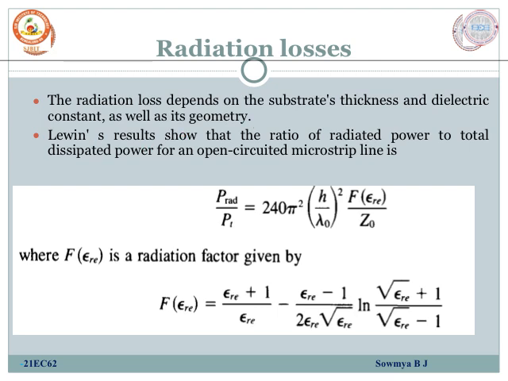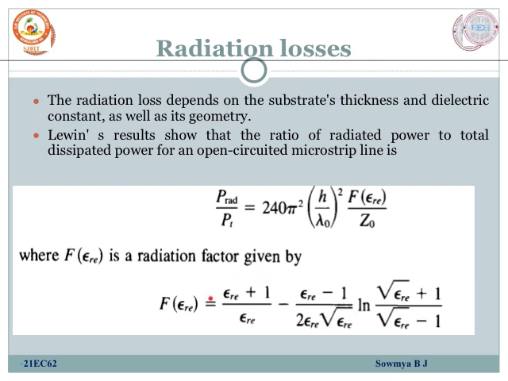According to Levin's results, the ratio of radiated power to the total dissipated power for an open circuited microstrip line is given by P rad divided by Pt is equal to 240 pi square into h by lambda naught the whole square into f of epsilon Re divided by Z naught, where f of epsilon Re is a radiation factor,